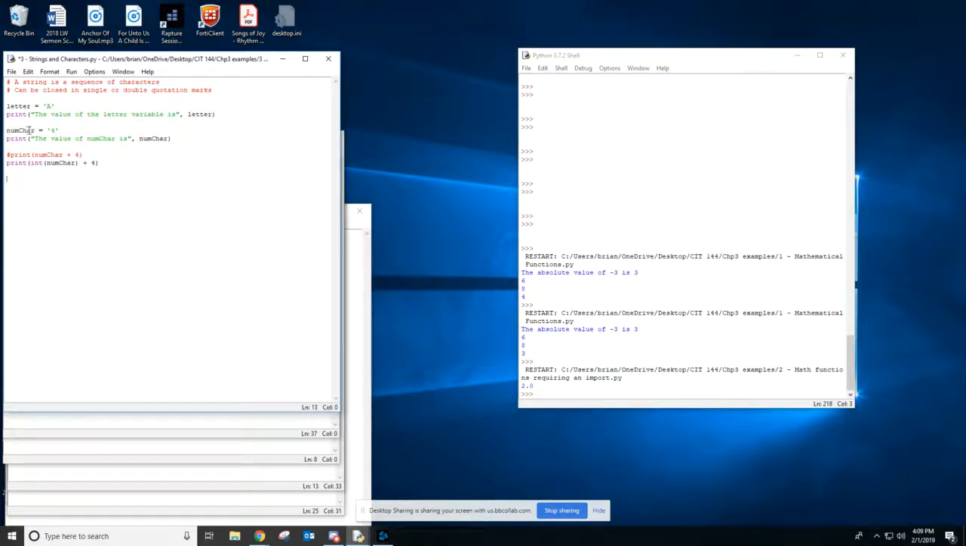And then after that we create another string variable called numchar, and we notice that it is the number 4 that is in single quotation marks. It's interesting here because it's in quotation marks, it'll get read as a string as opposed to an integer. So if we were to try to print numchar, which is a string, and add it to the number 4, we would get an error, a